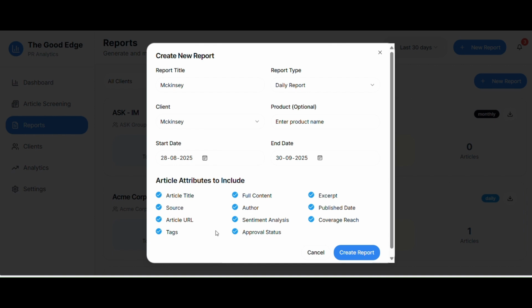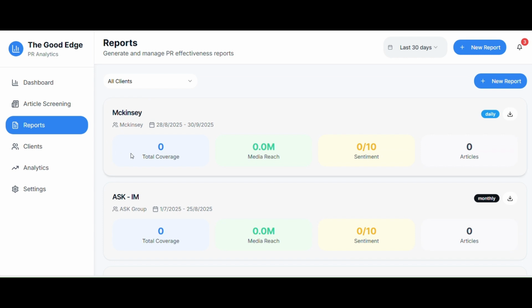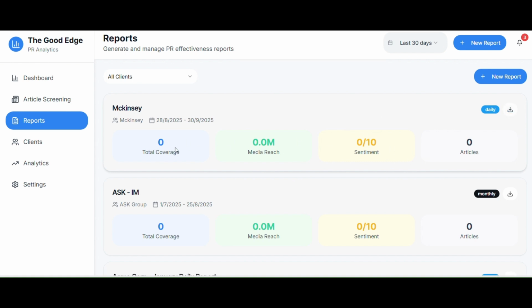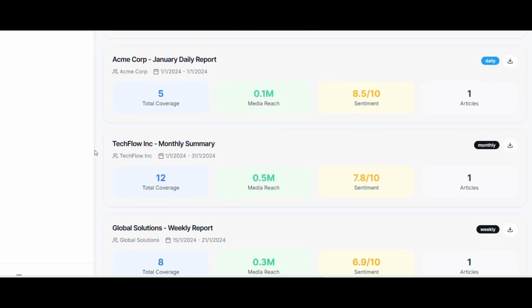And then these are the different attributes that I want in the report. So article title, source, URL of the article, right? Full content, author, sentiment analysis, excerpt, coverage reach of that particular publishing house, and then create report. So now you see that this particular report is configured. Over the next month, it will keep on generating reports on a daily basis. You can download it. Of course, the numbers here are zero because I've used dummy articles, but we can use